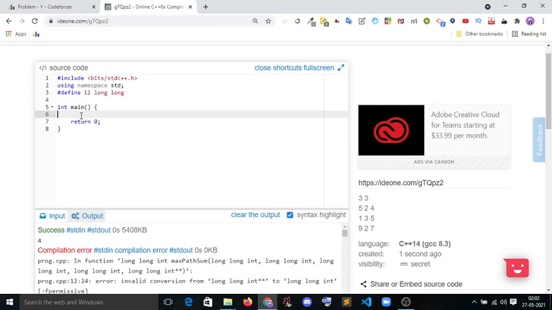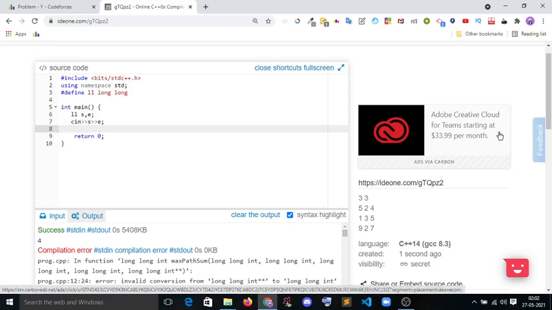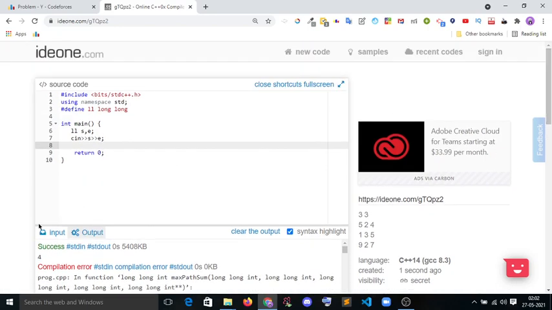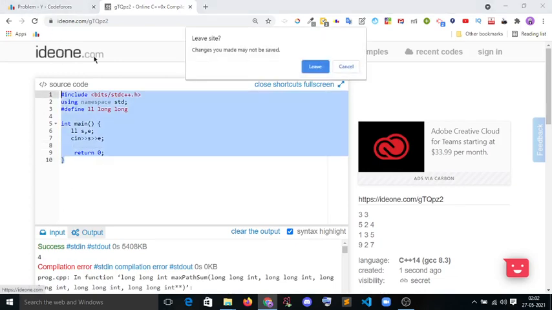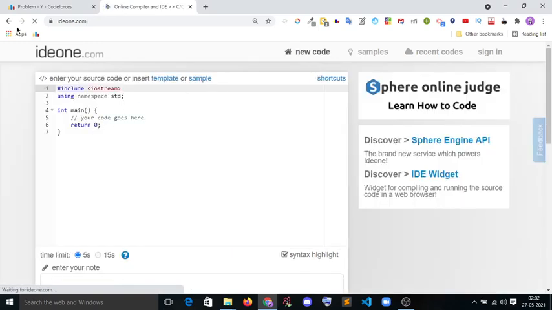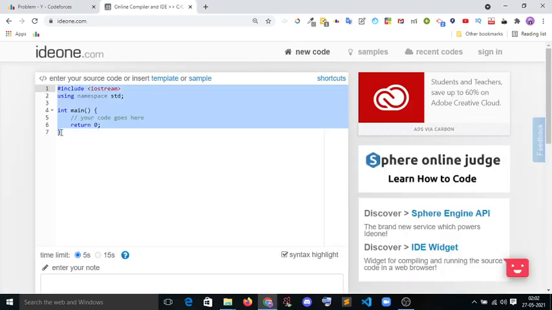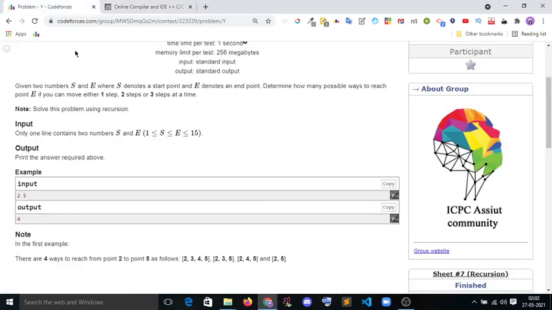So we have long long S, long long E as inputs.